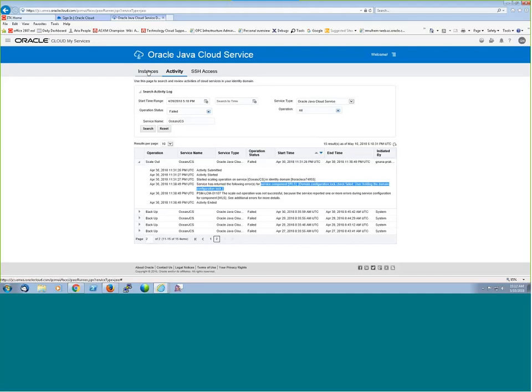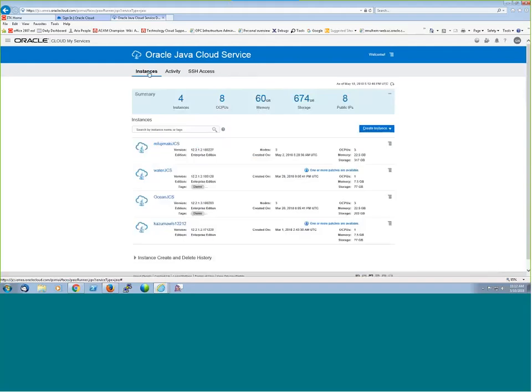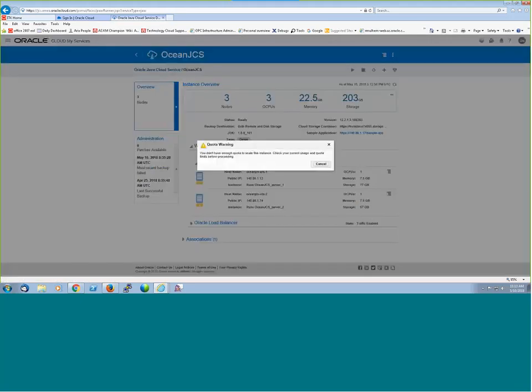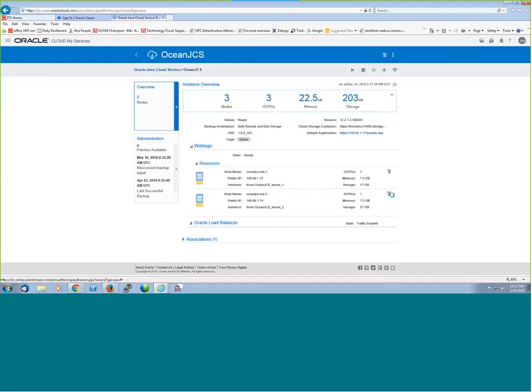So coming back, we are done with the scale out and scale in, right? Now, I wanted to show one more thing. How do we scale up or scale down a node? For example, I wanted to do a scale up operation. If I do it, again, I don't have enough resource quota, so it will not allow it, because the service is in suspended state because of a quota breach. So in order to do that scale up operation,